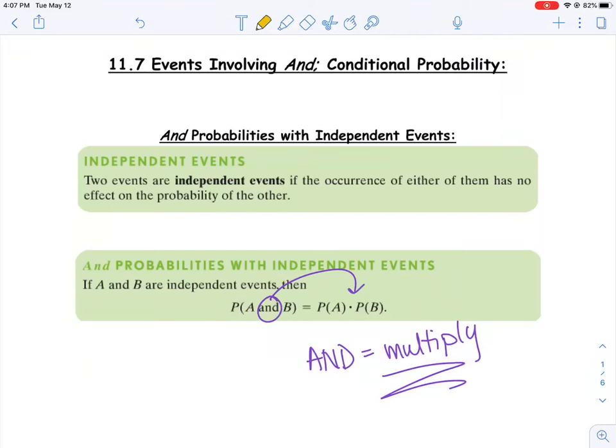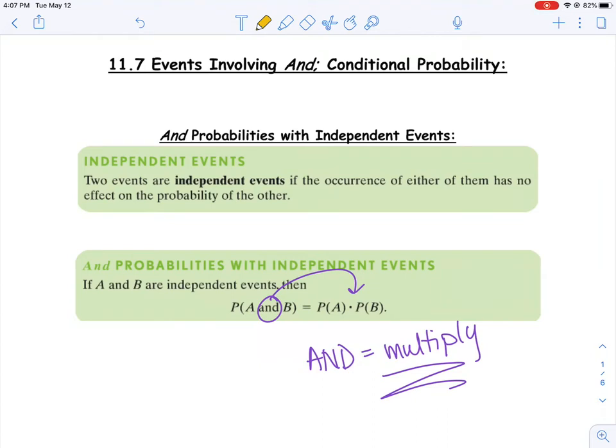Right, here's our first video in 11.7. We're going to talk first about events involving the word and. Now, you remember we talked about events that involve the word or, and remember that or really means that you're going to add the probabilities together. Well, in this case, when we talk about the word and, it means that we're going to multiply the two probabilities